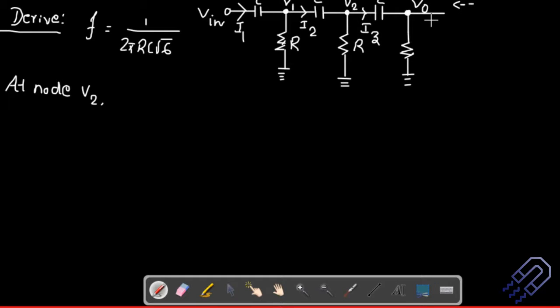So at node V2, whatever is the voltage here minus the voltage here, there will be a drop of voltage. So if you want to find out V2, you have the voltage V0 on one side, and on the other side we have a voltage drop. This is a capacitor and it will have that imaginary quantity, so I'll write it down as minus J. What is the current flowing is nothing but I3, and minus the voltage drop I3,